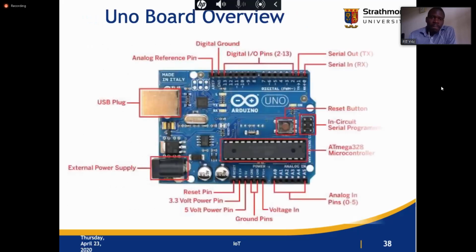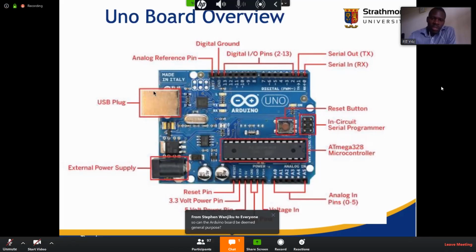Okay? So this is how the board looks like. So this USB plug is where, after you've written your sketch, you'll use this to upload. You'll upload your